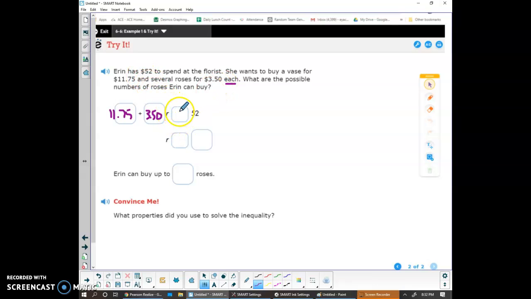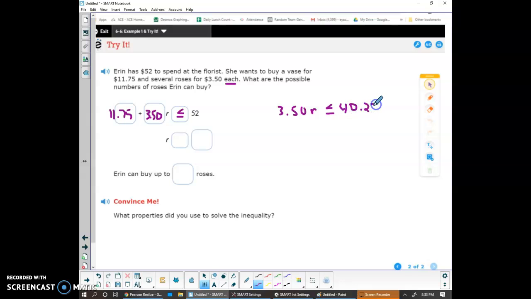And what sign do we put here? Do we put equal 52? Well, she doesn't have to spend all $52, okay? So we want to make sure that she doesn't go over it, so we're going to use less than or equal to 52. All right, so then you would solve this two-step. You would subtract 11.75, so you would have 3.50r, and if we subtract 52 minus 11.75, we would have, let's see what that would be. It should be able to do that one mentally, but let's just double check here. 40.25. Okay, so we have 3.50r is equal to